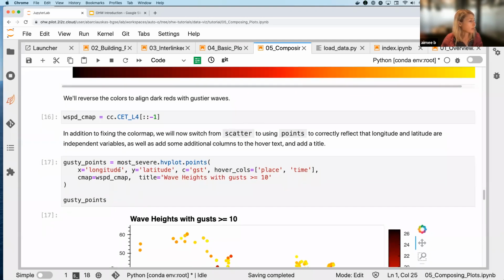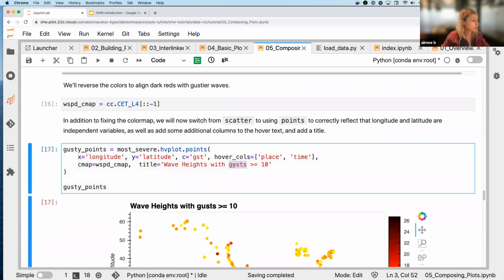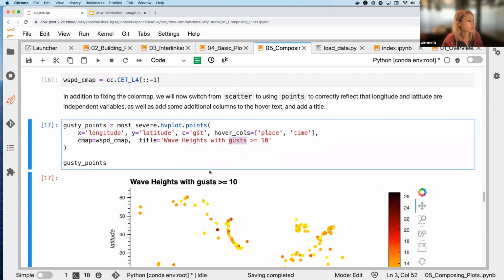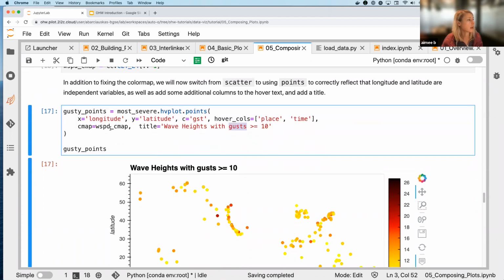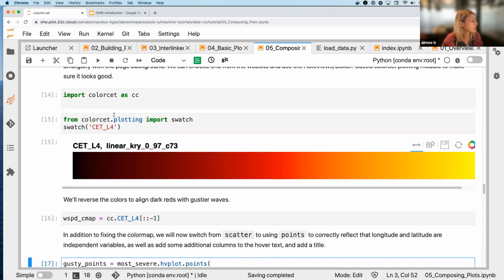And then we're going to include that wind speed map with, actually, this should be, oh, right. So this is just the gustiest wave heights. And then we're coloring them by wind speed, which actually should be,